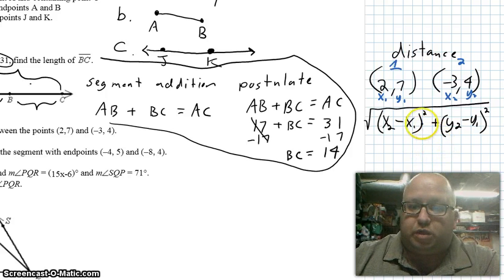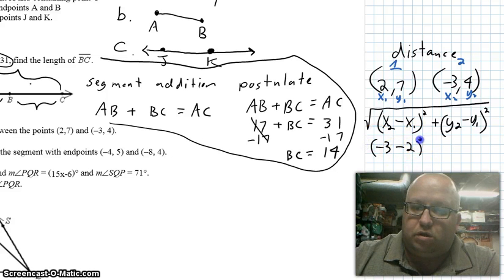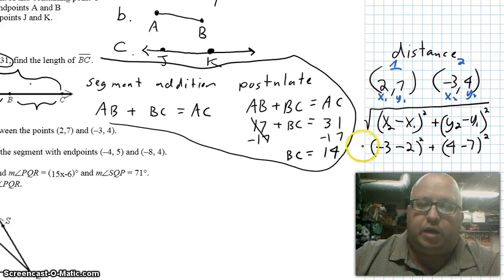So now I can just plug the stuff in. It shouldn't be any big deal here. x2 is negative 3 minus 2 squared. y2 is 4 minus y1, which is 7 squared. And now I do a little trick because I know I have a habit of forgetting to square root